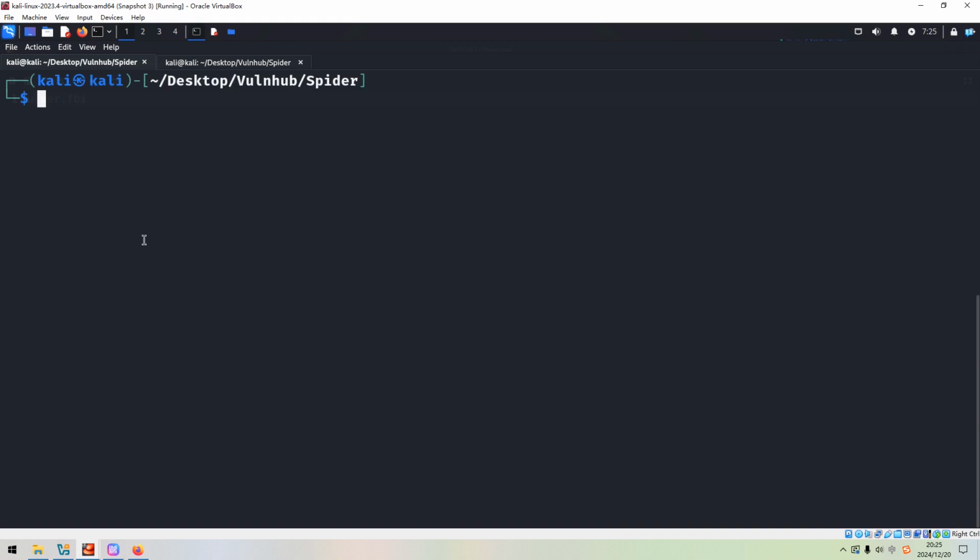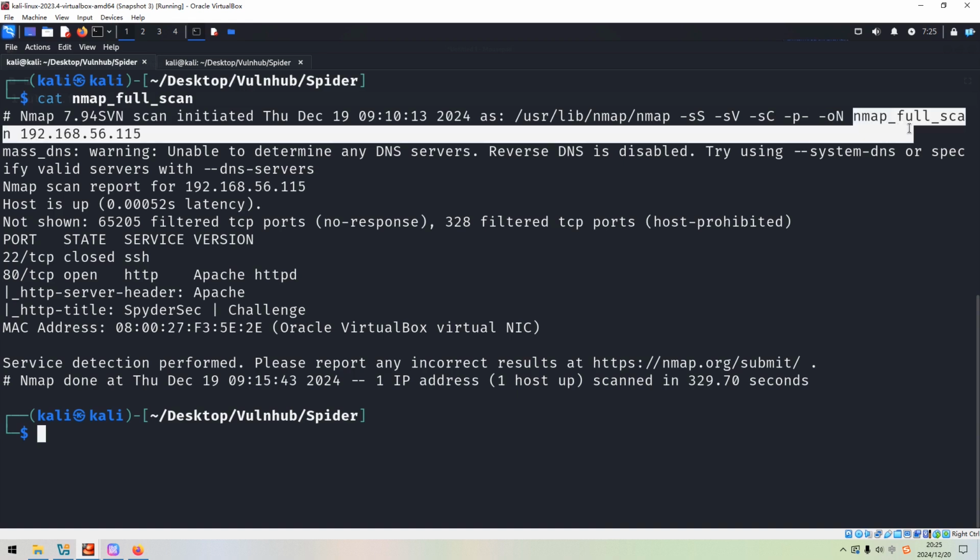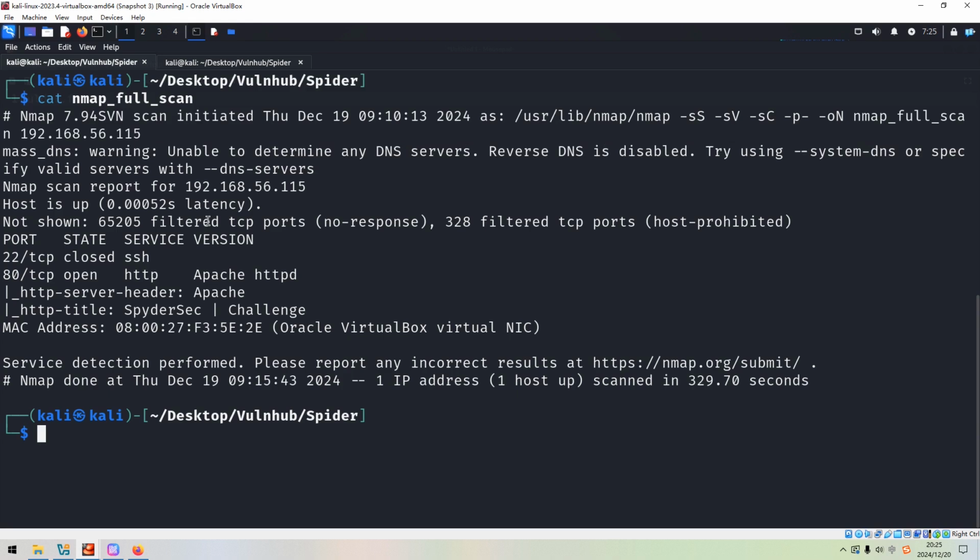So now I just cut out the result because I've already done this Nmap scanning before. As you can see over here, I used options like SYN scan, version scan, the default script scan, followed by -p- to do the full range port scan. The last option, -oN, outputs the result into this file. From the Nmap scanning results, we can know that the target has only one open port, 80, which is running HTTP service, and the version information is Apache, although Nmap cannot determine its exact version number.